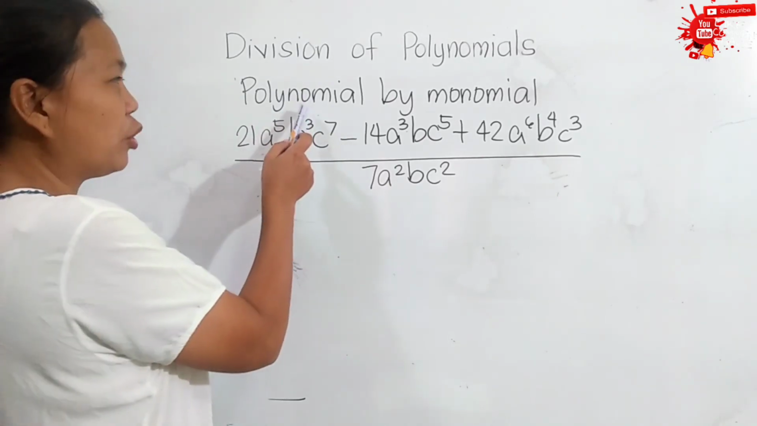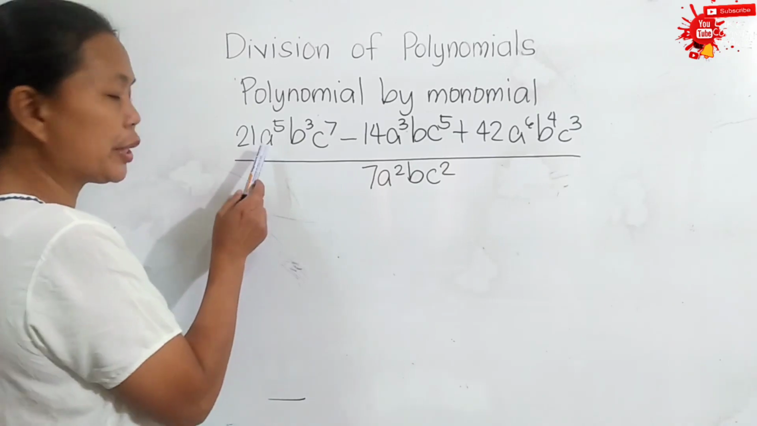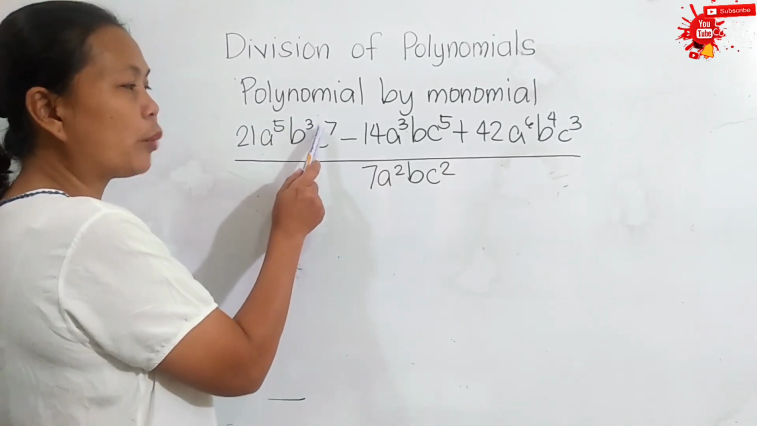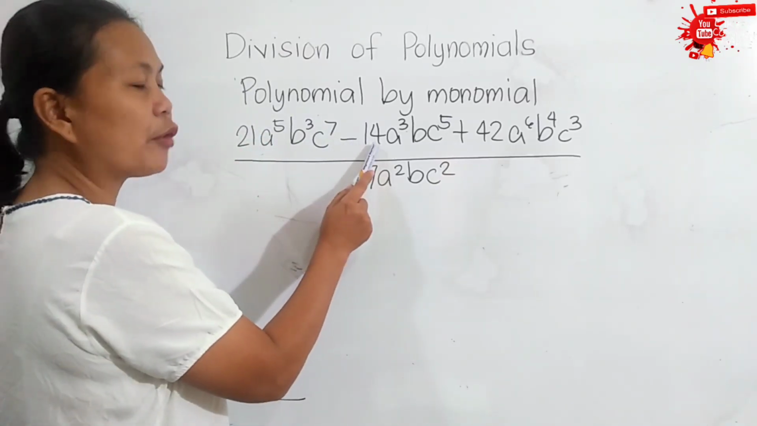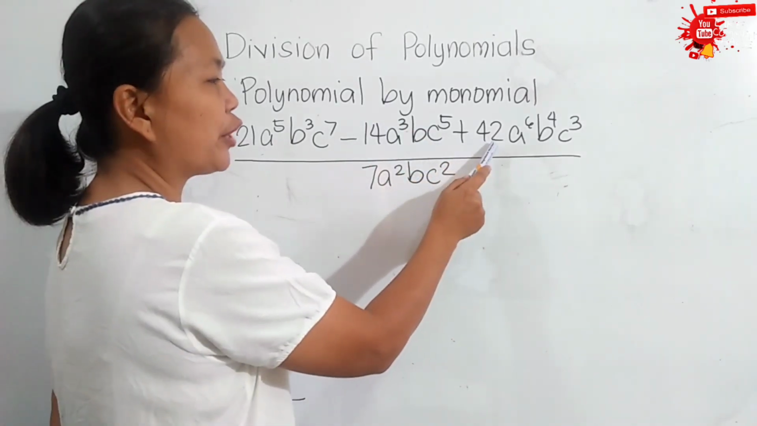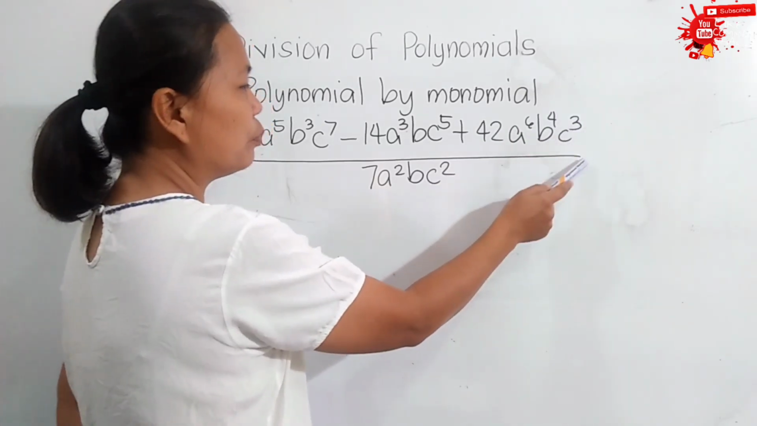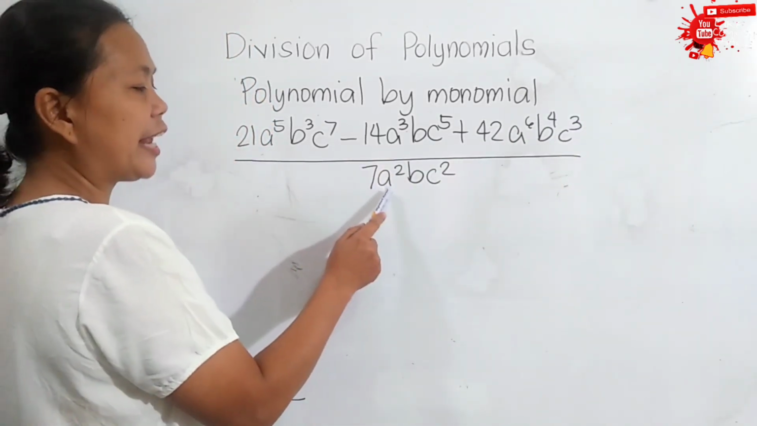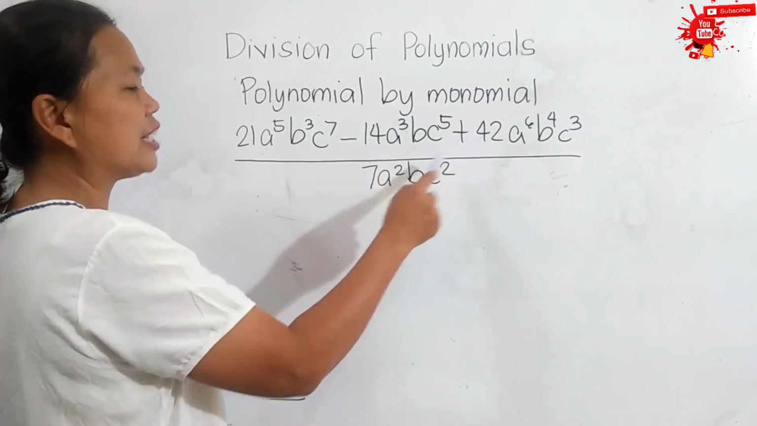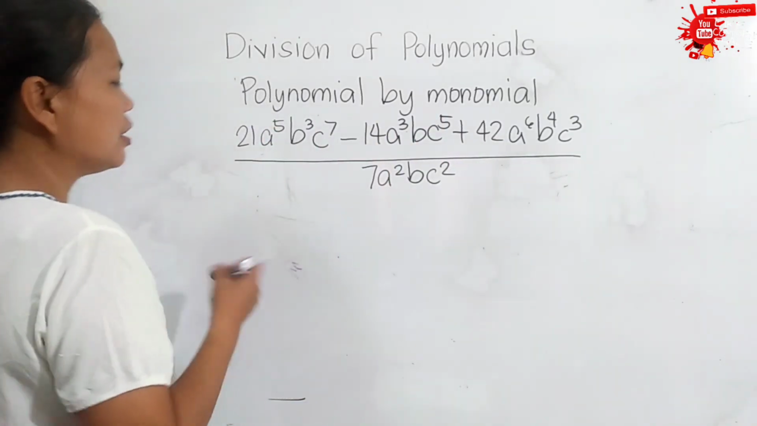Now, let us have polynomial. So, division of polynomial by monomial. So, we are given here 21a raised to 5 b cubed c raised to 7 minus 14a cubed b c raised to 5 plus 42a raised to 6 b raised to 4 c cubed all over 7a squared b c squared. So we will distribute the divisor to each term in the given polynomial in the dividend. So we will have